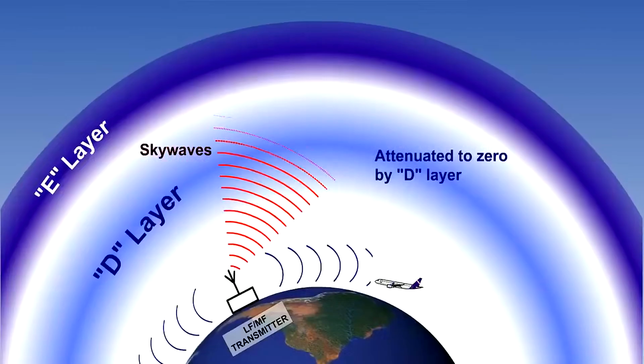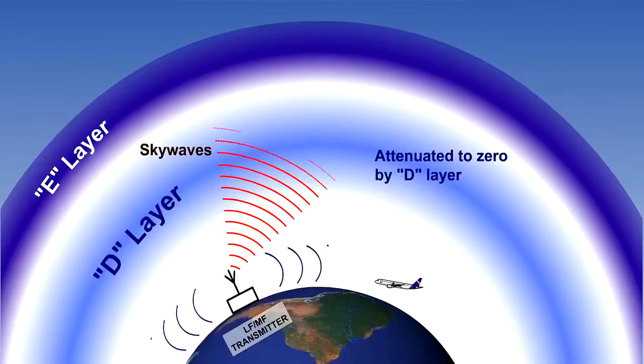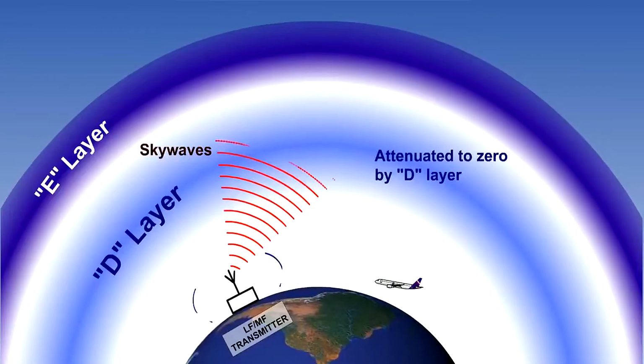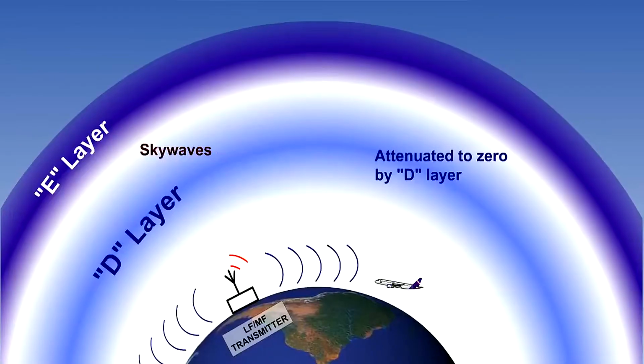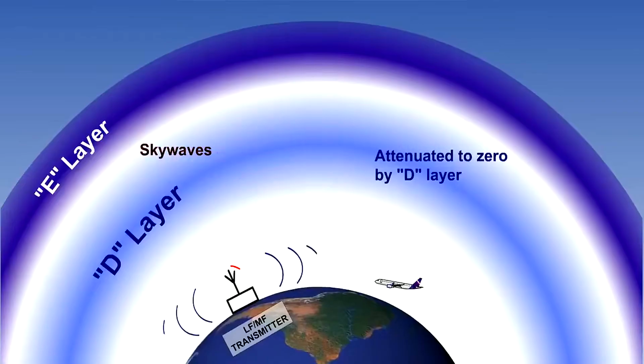In the low and medium frequency bands, radio waves tend to refract or bend to such an extent that they remain in contact with the Earth's surface, which increases range, possibly to thousands of kilometers. This bending also occurs in the VHF band during some meteorological conditions, which results in a radio wave hugging the Earth and increasing range. This effect is known as super-refraction.